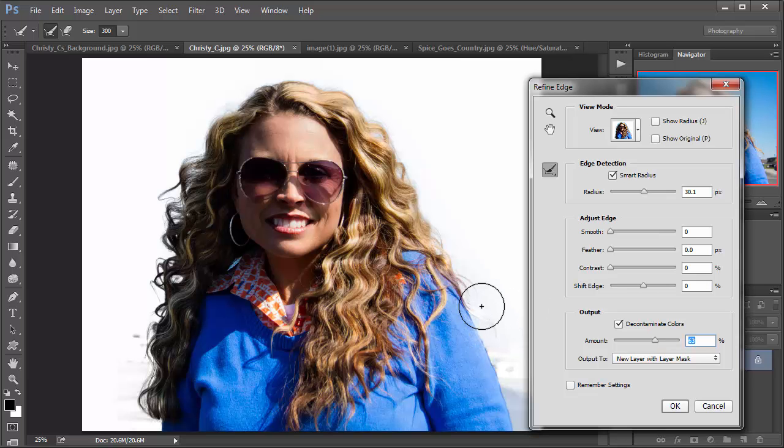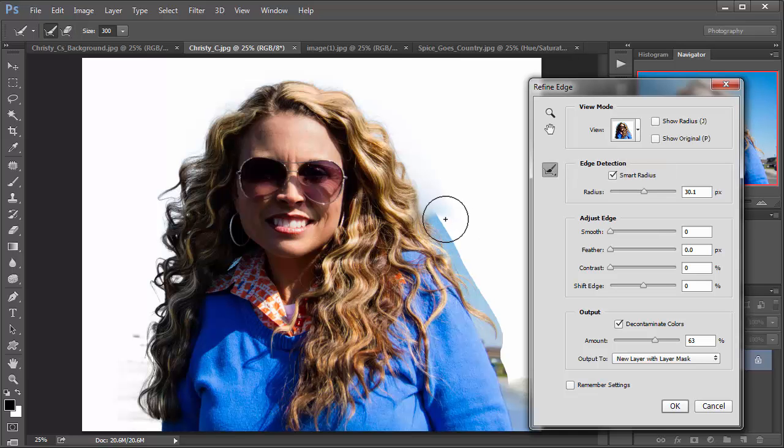Now, right here where the hair went away, let's go right here where the brush is. Click and hold that down and go to where it says Erase Refinement Tool. Click on that, and let's just paint right here where the hair went away, and then let go. You see it brought all that back. Let's just go right there and bring that back as well. I'm going to click back on there, holding it down, and go back again to the Refine Radius tool,